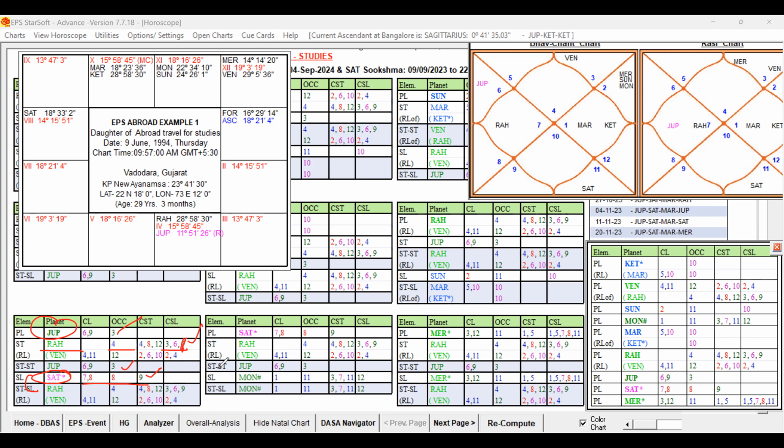So now let us focus on the chart, for the sublords only, because if we check all the 3, 9, 12 cuspal lords and cuspal sublords, 6 planets we may have to check, and it will take a lot of time also. But if required, we will check it. In this case, it may not be required. Rahu planet itself is coming, and the 3, 9 cuspal sublord in the star of the planet Jupiter is favorable.